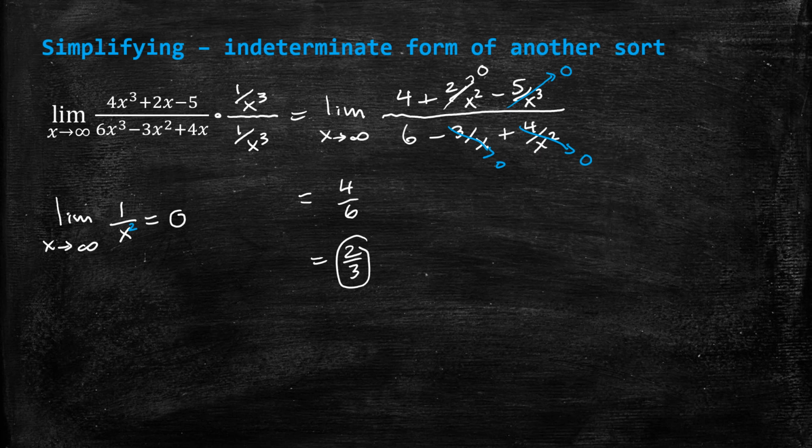And this method works even if the degree of the numerator is different from the degree of the denominator. So if you had something like 4x squared as the first expression over 6x cubed plus ... You can do the same thing, but just do 1 over the x to the highest degree that you see